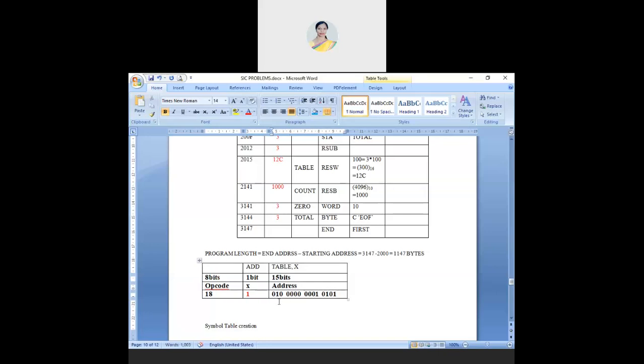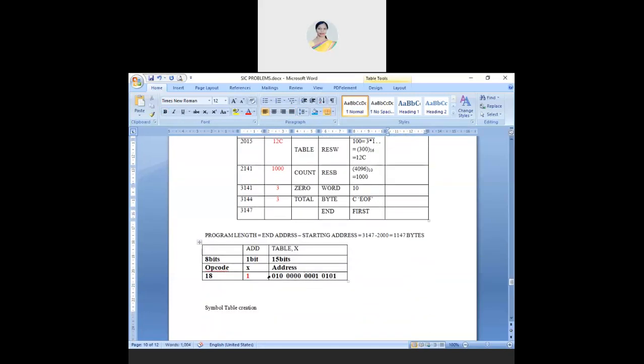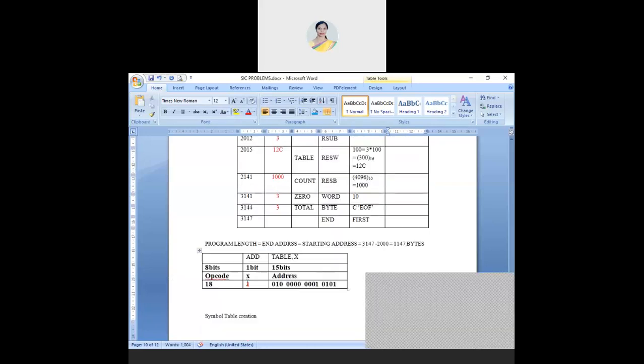So what is this address now? 18, this is my A. 18 A, then 015. Done? 8 plus 2. This is 8, right? So 1010 is my A. Okay?